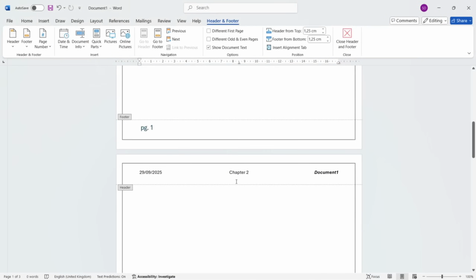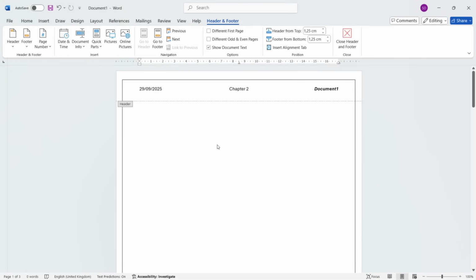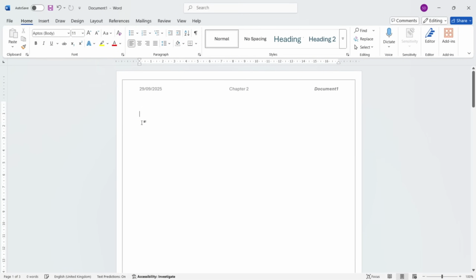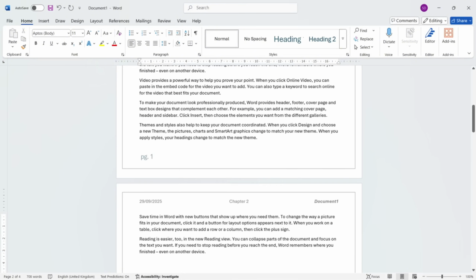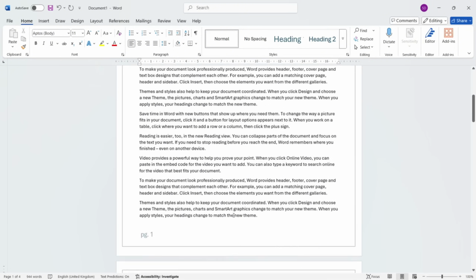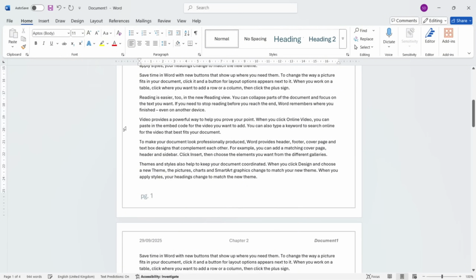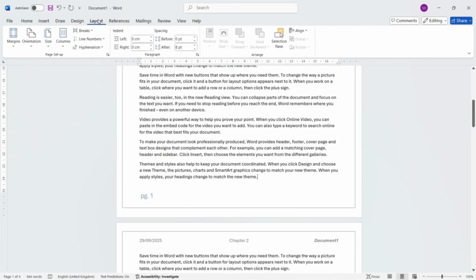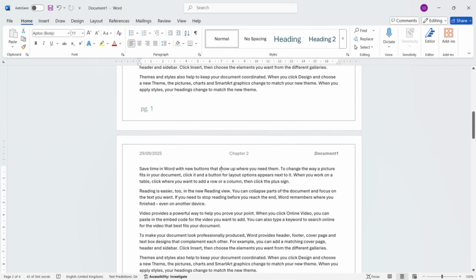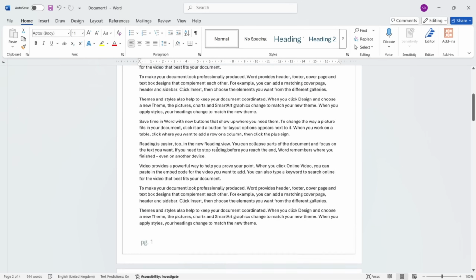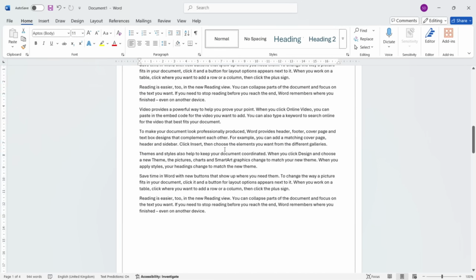So if we want to change just one header but not the other, we have to divide the text in different sections. In this case, we still don't have a text, so let's get a filler one. Okay, now that we have it, let's go, for example, at the end of the first page on layout, and let's go to section breaks continuous. So now that we've divided the text in two sections, this being the first one and the second page being the second section,